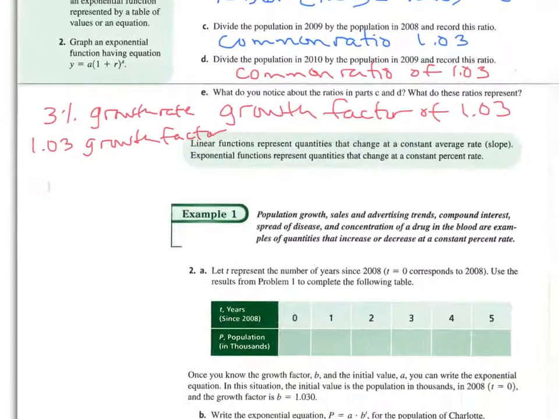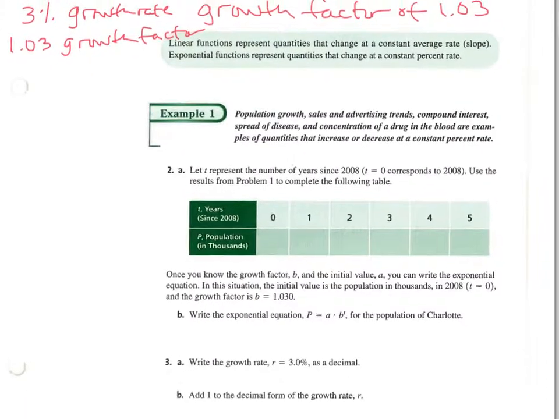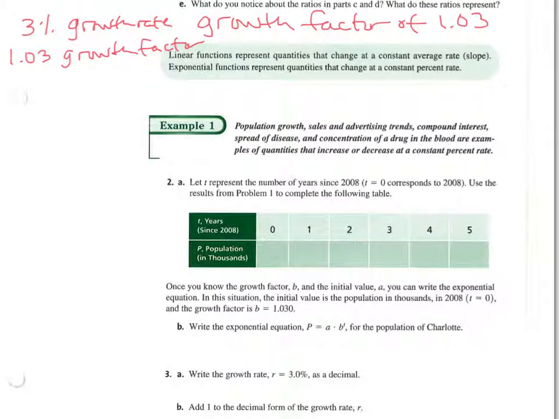Okay, so here they're going to have us fill out a table. We already did part of it, but they're actually going to have us do it in thousands. So let me fill out this table, so t equals 0 is that first year. They gave us that was 687,000. They're just putting it in thousands rather than the full number. And they're rounding some of these. So the next one that we had found was 707,610. So we're going to write it as 0.6. And then the next one, if you round it to the nearest thousand,